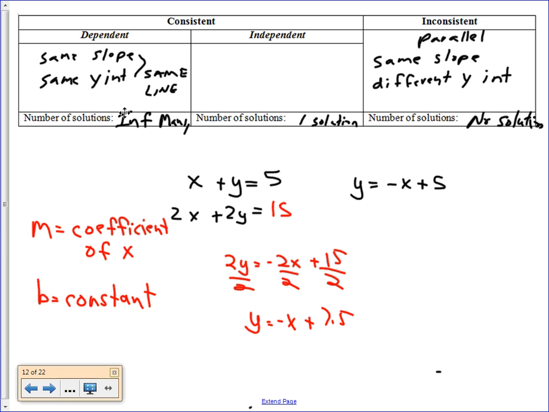Independent is going to jump off the page at you because it's going to have different slopes. And you're going to get one solution, and that one solution is the point where those two lines intersect. And so it's going to be one solution, but it's going to be in the form of an X and a Y. Right? So what that looks like is